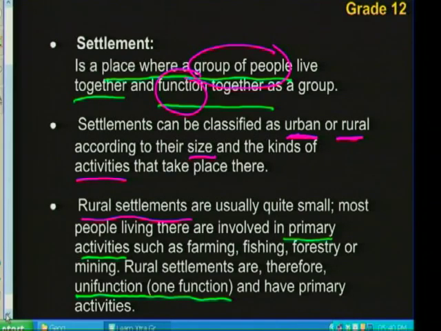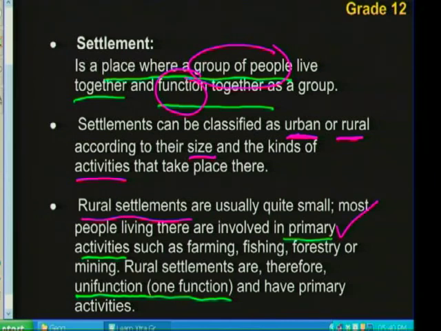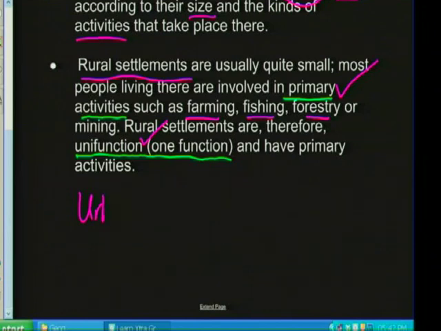Generally, this question is for 2 marks, and the 2 ticks that are associated with this particular definition are located as follows: 1 for primary and 1 for unifunctional. And if you want to go further, your examples of unifunctional activities are farming, fishing, and forestry. Let's move on to urban settlements. In terms of urban settlements, you need to know the following. An urban settlement,